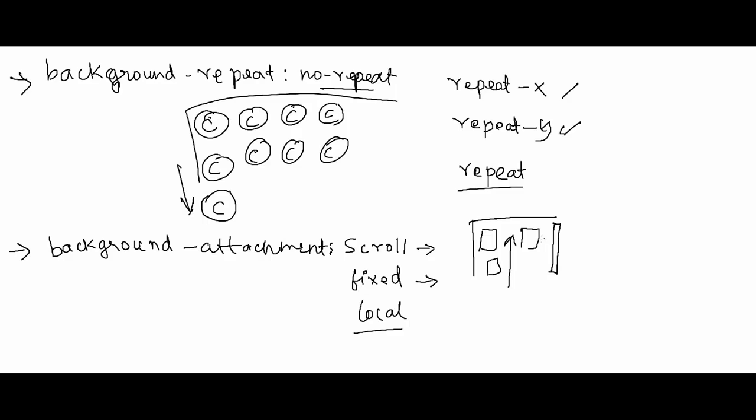For practicing this, you just create a website, give some divs inside it, or create a table and give some values there, and use background repeat, background attachment, background image, and background size. Just give all these values and try it out. The next one is background color. You all know what background color is; you used it before, I think.